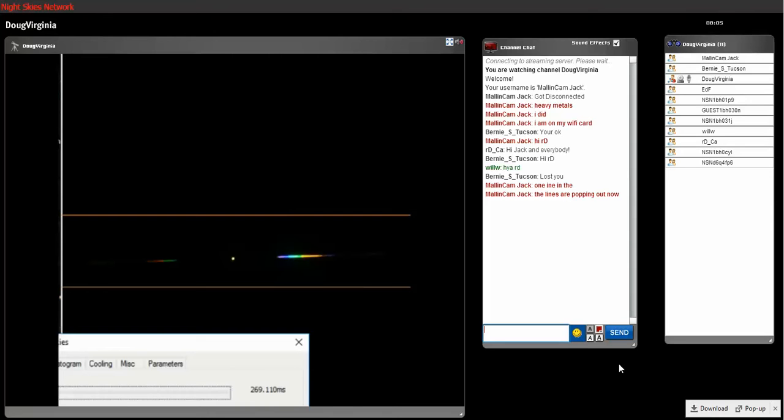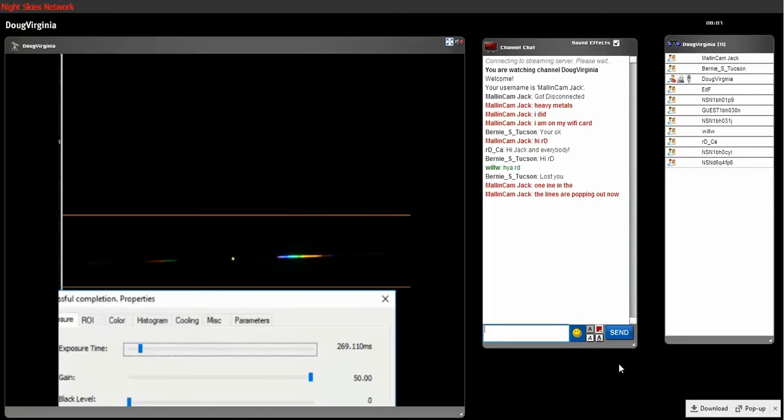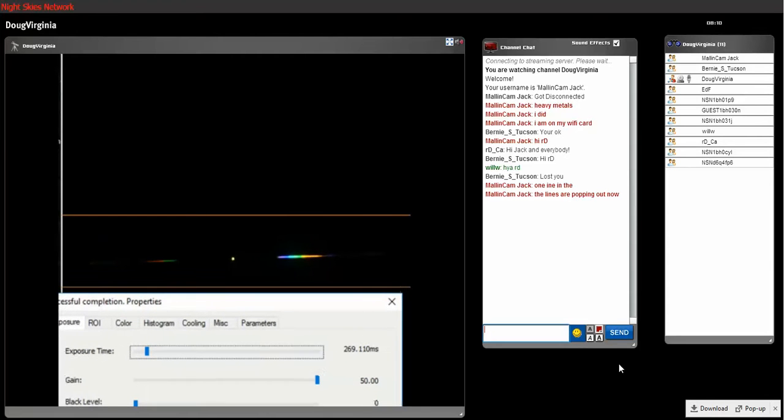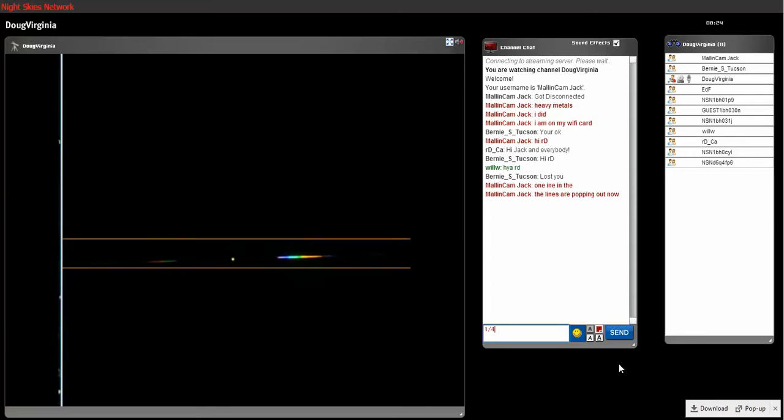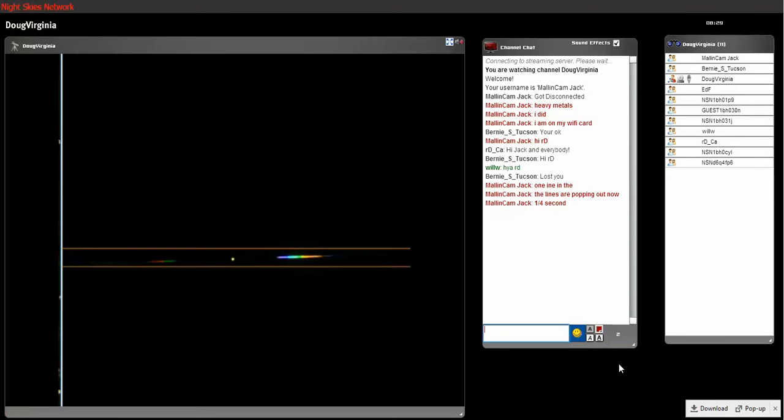We're at 200, this is a dimmer star than Vega. My palette says it's 269 milliseconds. So let's try that. I'm going to isolate the spectrum more carefully to reduce the noise from the pixels. And there we go. And now, in your view,